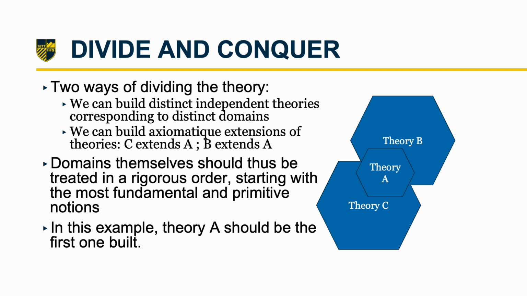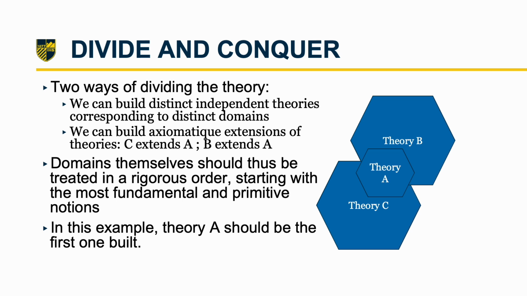So divide and conquer, we can divide in two fundamental ways. Two theories can be completely distinct and independent from each other, or one can be what Curry calls an axiomatic extension of the first one. So we're going to say that theory C extends A, or theory B extends A. So the domains themselves should be treated in a rigorous order. You cannot just stop anywhere. Even if you divide, you have to be very consistent in your way of approaching the problem, starting with the most general, the core. So in this case, we would start with theory A,